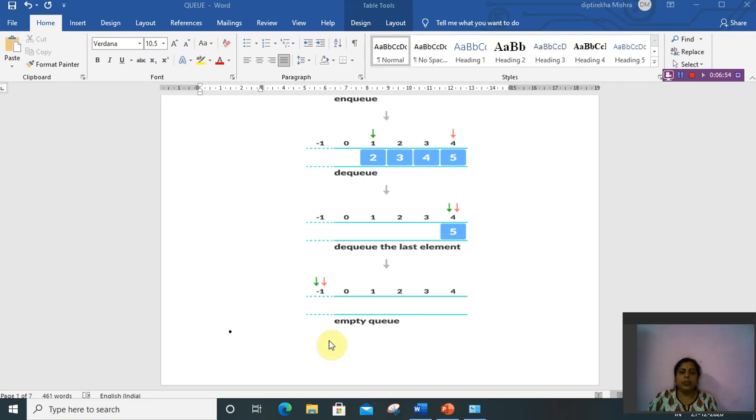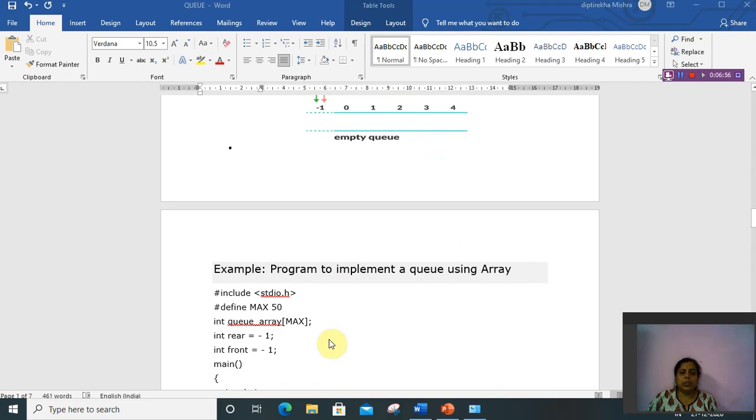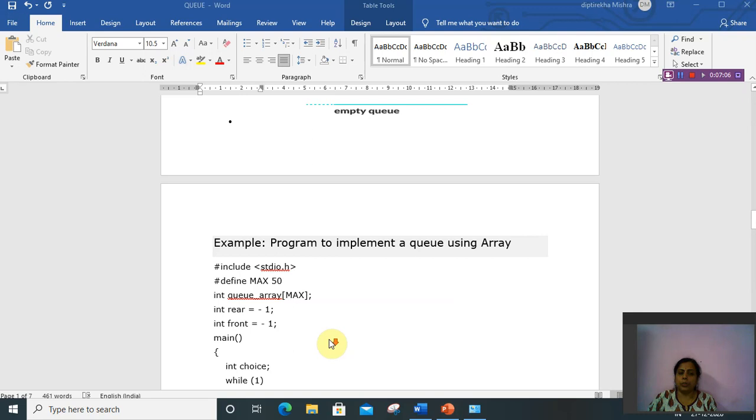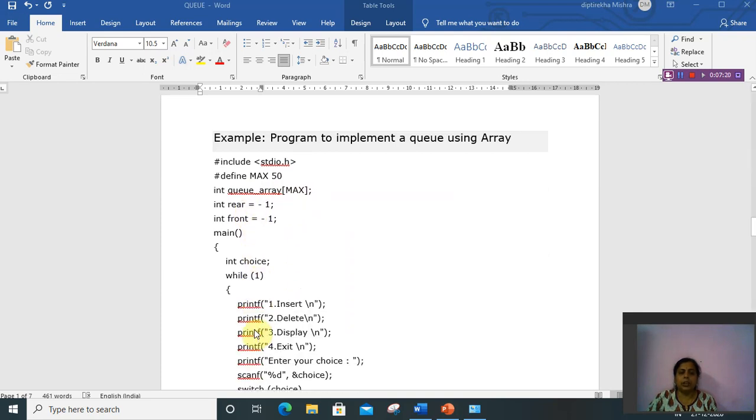And now we will discuss the program that implements a queue using an array: how we can insert an element into a queue and how we can delete an element from the queue. Here I have declared an array with max size, where max is defined as 50, meaning an array with 50 elements. At first, the rear and front are -1.